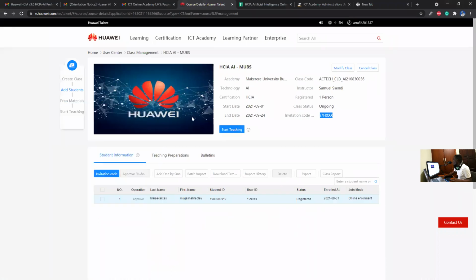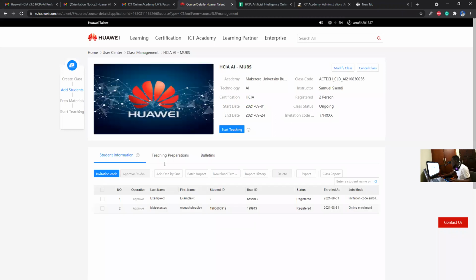Now, when I come back to my end, since this student was already a student of MOBS, I don't even need to approve. It will automatically enroll them and register them into this course. We're not going to be using this site, so worry not, but it will go ahead and enroll this student. As you can see, this is an example, and this student has been enrolled into this course, and that will be all. But I repeat and emphasize once again, if you